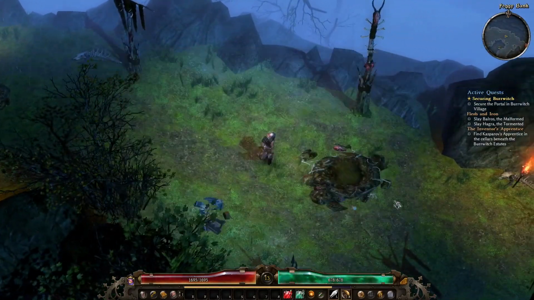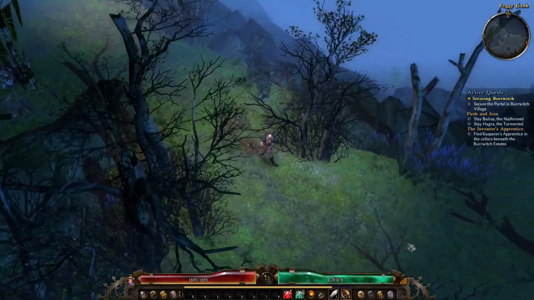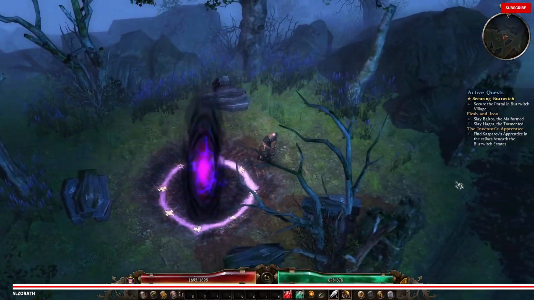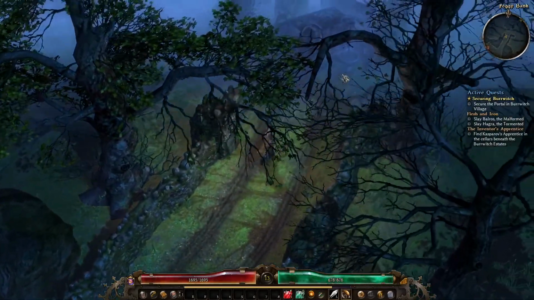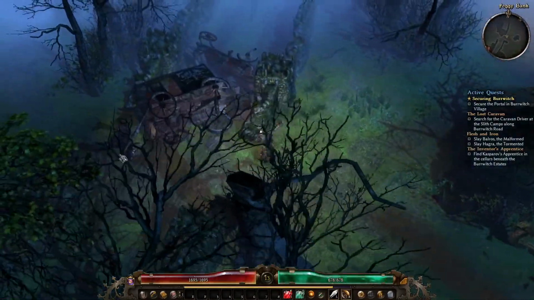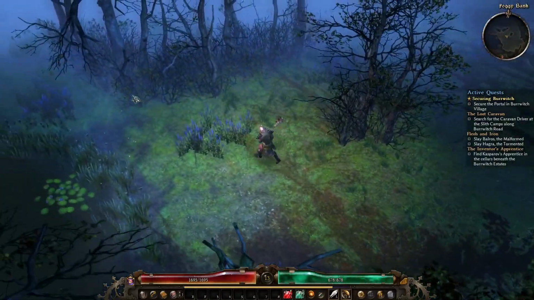So map-wise, yeah, we just go into Burrwitch. That's all of our stuff is up in Burrwitch and Moldering Fields. So I think Burrwitch is our next stop, which is going to be nice. Come on. Okay, the carnage looks recent. Oh, no. Poor dead things. I don't know what we're going to find here, but